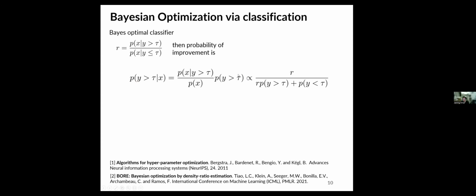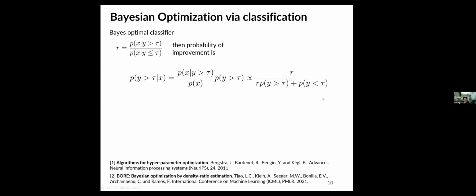The second step is also quite straightforward. We are interested in the acquisition function over X, so we're searching over all the values of X. P of Y bigger than tau is simply a scalar, a bigger than 0 scalar, that does not affect our optimization, does not affect its maximum with respect to X. And the second part is that you decompose P of X as the sum of P of X with Y bigger than tau and P of X with Y smaller than tau. So basically, eventually you will get something